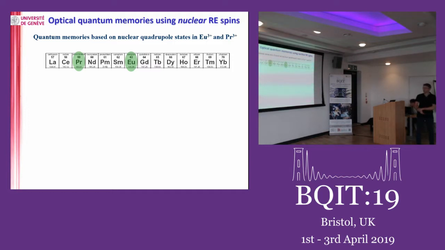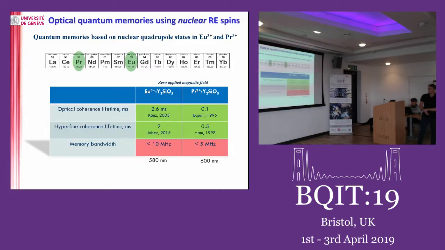So you will see my group has used this, the group of Rufus Mountain uses that, and in the States there are also people using it. So this exactly gives quite good optical coherence time at 0 magnetic field. You get millisecond optical coherence time or order of magnitude, and hyperfine coherence time are the same thing, but memory bandwidth is bad because these are really closely spaced nuclear states, and you also have the wavelength here. So I should say one thing here. This is 0 applied magnetic field. So this is what you get by doing nothing because it's nuclear.